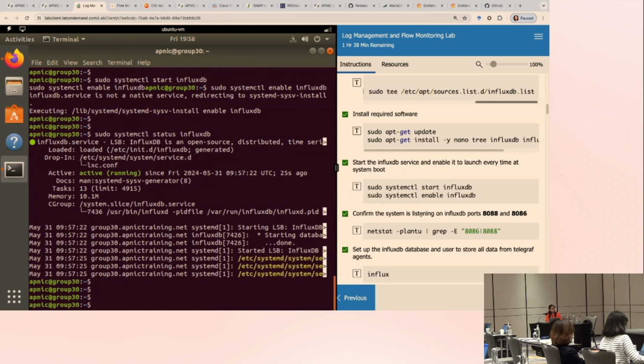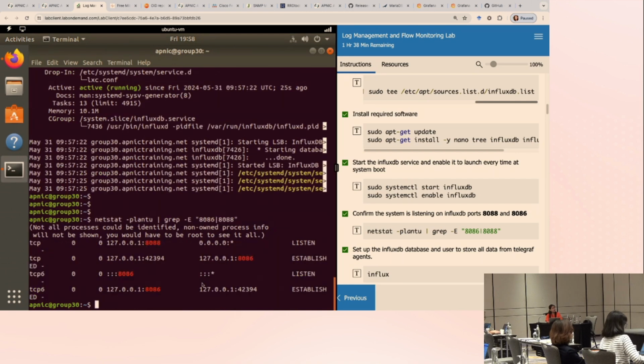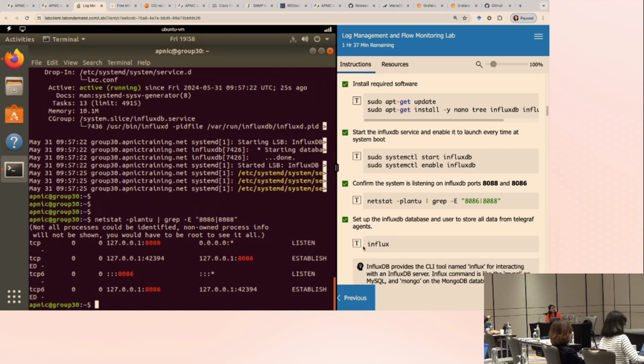So this is the part where we're checking whether, it says here that it's running, but is it actually running? Let's check with netstat and see whether it's listening on that port. So you will see here you have 8088 and 8086 listening on localhost and also on any IP, any port. And next we are going to run the InfluxDB